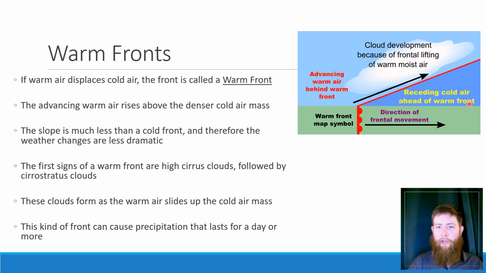With these fronts, because the slope is much less steep, and because the warm air goes over the top and hangs around a lot longer, we get precipitation for a lot longer. Usually 3 to 4 days, up to a week of precipitation. And the warm front symbol here is this red line with these semicircles. You can look at a map in black and white and you know that the semicircles mean warm and the triangles mean cold, but it does help when you have a red and blue denotation as well.